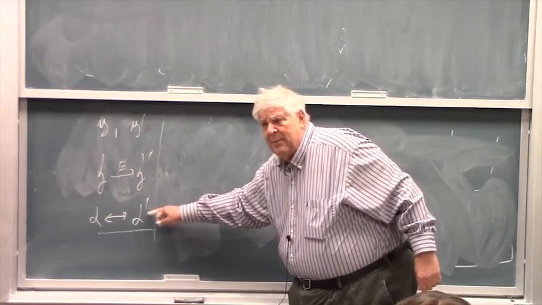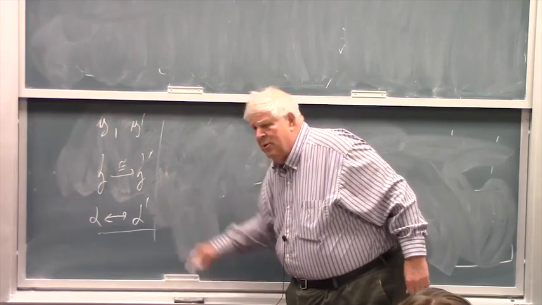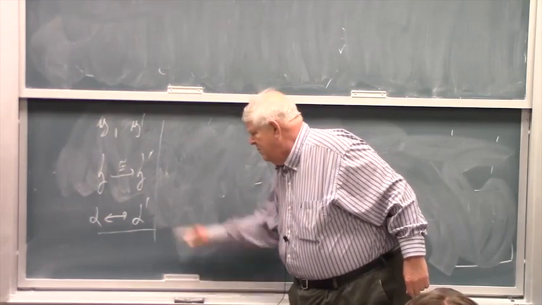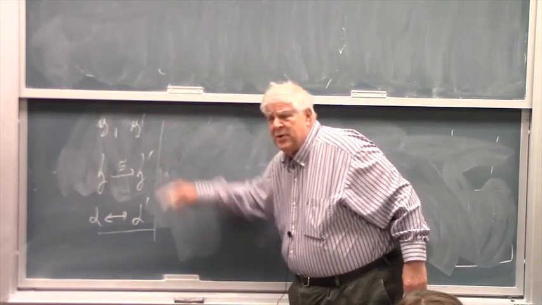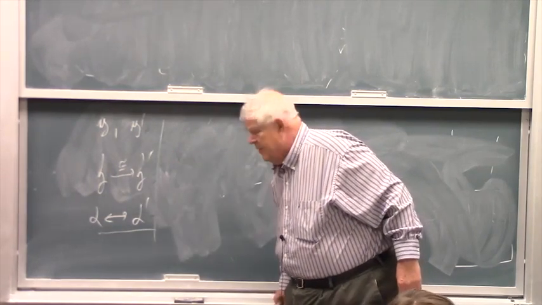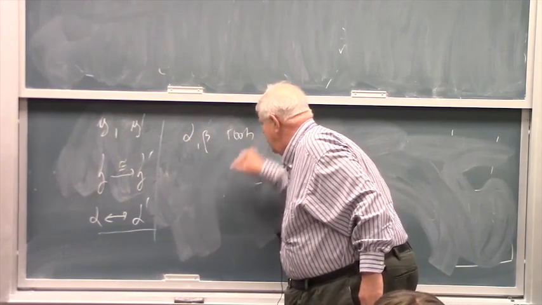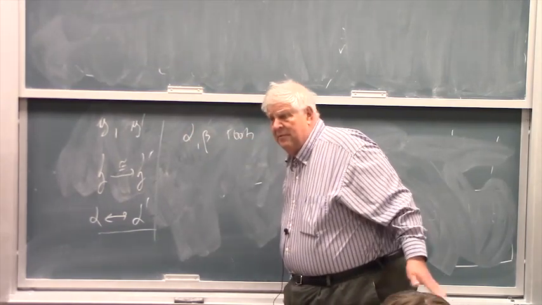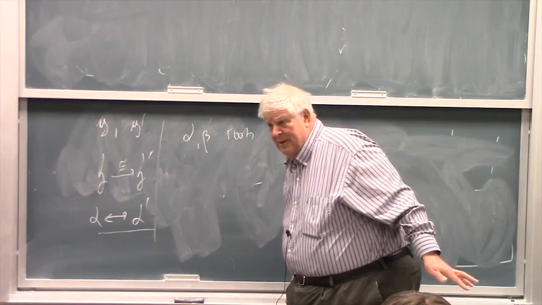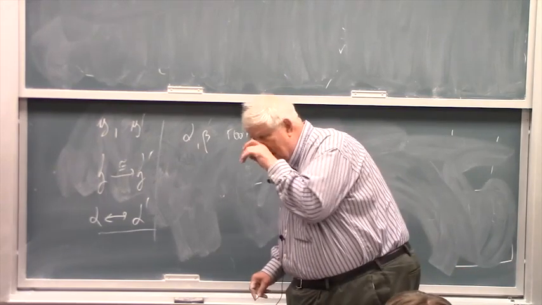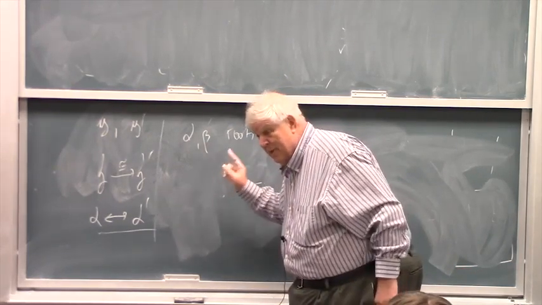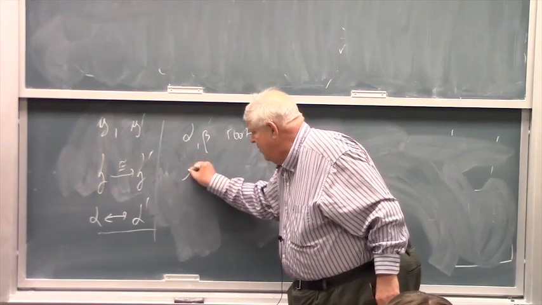Alpha and alpha prime, and we use prime notation for everything related to G prime and H prime. Suppose we have two roots, alpha and beta. Then alpha plus beta may be a root, maybe not a root. But first of all, even before two roots, one root. So I have G alpha,